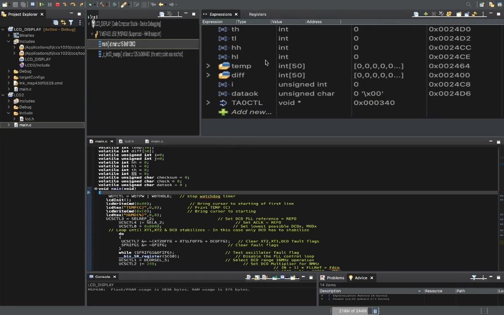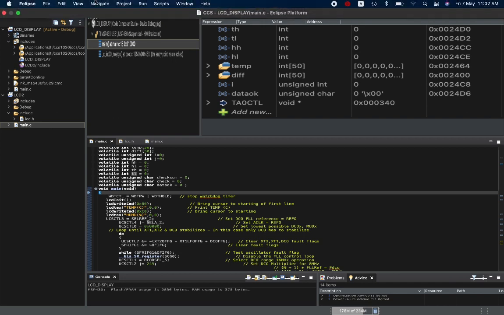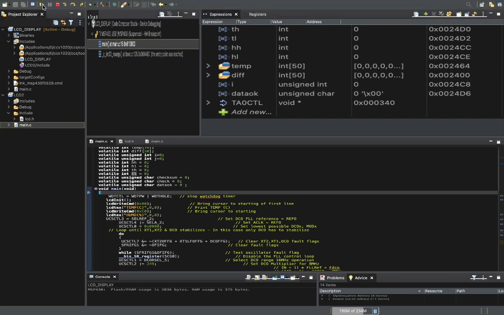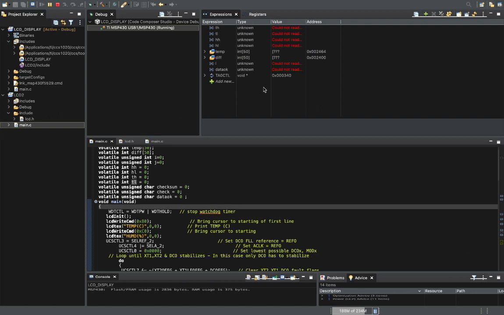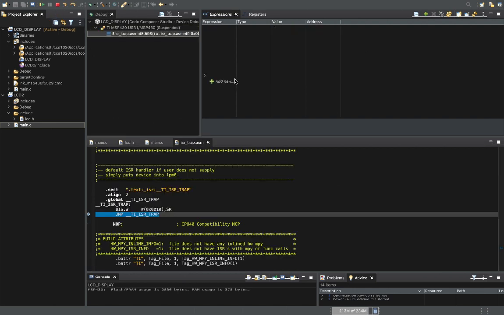We will check the results here. Now I will run. See, right now it is saying could not read because the values are changing right now. So we have to wait for 2 seconds. After 2 seconds we will suspend this code. When we suspend, we will receive values here.